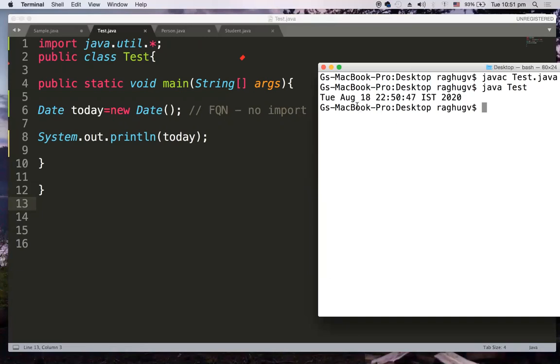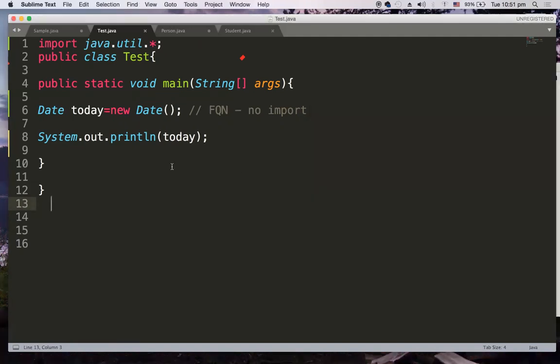But it is getting printed with all these time parameters, IST, and the day name also. I just want the year, month and date. How to do that? There is another way also.